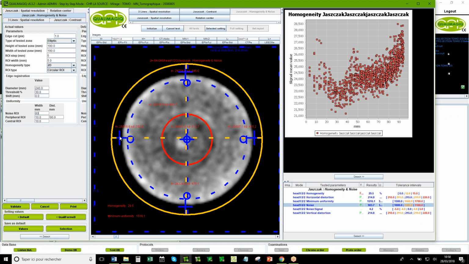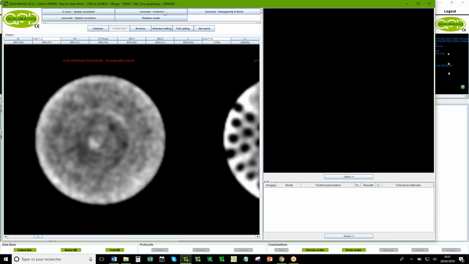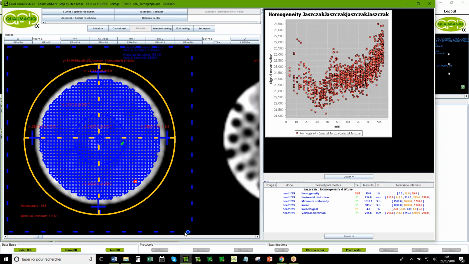And because we detect the phantom, again, we know the diameter of the phantom, and we can compare with the diameter in the image. So it's very traditional. We have this test for a lot of devices, CT scanner, portal imager on the LINAC, and so on. So nothing very difficult. Maybe I have to save that because it's better to test like that.